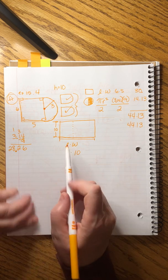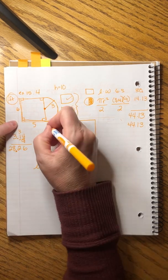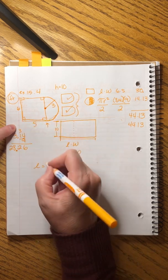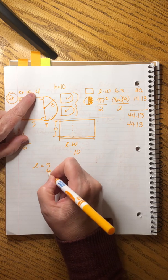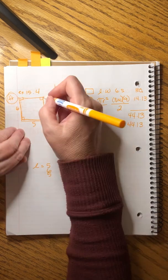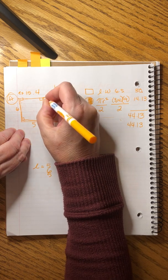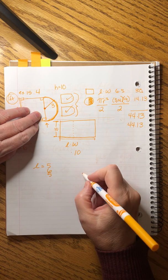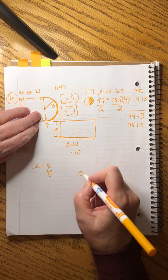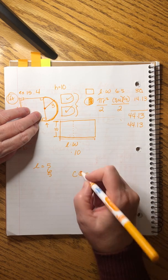So the length equals, let's start here, 5 plus 6 plus 5 plus, how do we find this? Well, that's half the circumference. So we have to take the circumference of half a circle,